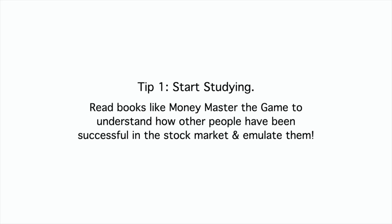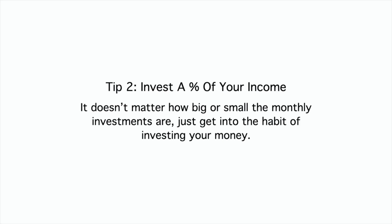So I guess that's where my first two steps to investing come from. The first one being to actually start reading, start studying books like Money Master the Game, to learn how other people have been successful in the stock market in the past and simply emulate them. The second one being to start investing a percentage of your income every single month. It doesn't matter how small it is, whether it's £50, £100, just get into the habit of starting to invest